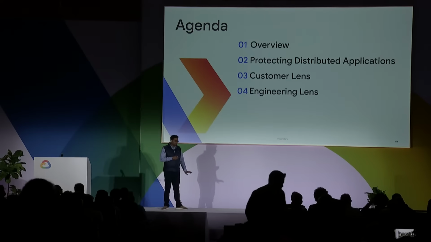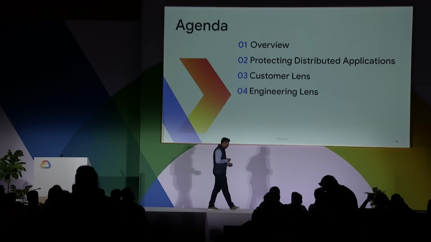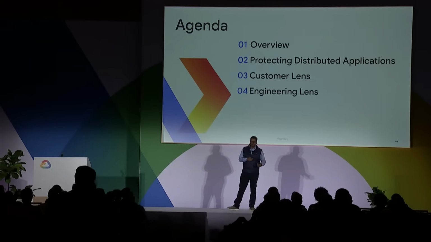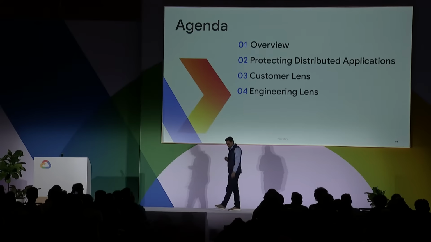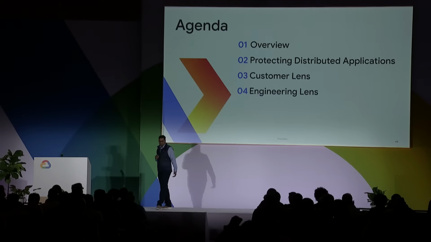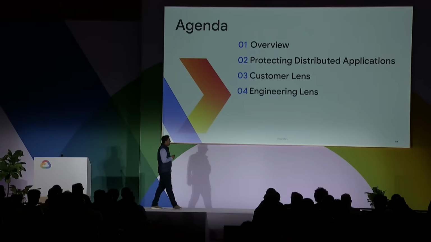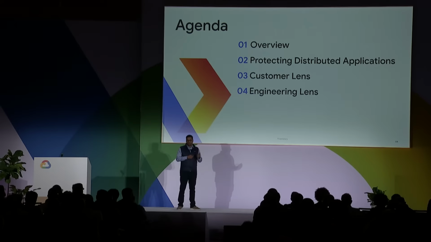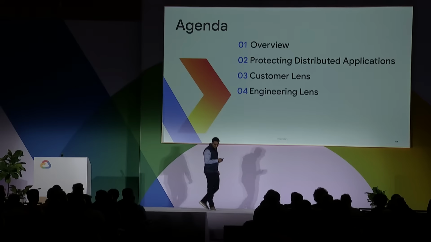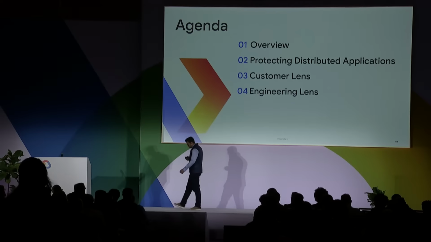We'll start off the session with an overview of network security challenges, and I'll also introduce some of the Google Cloud native products that address these challenges. We'll then have Toby come on stage and talk about one of the integration use cases that we've been working on with Broadcom. Then we'll have our customer, Olivier from Symphony, who will talk about their cloud journey and experience. And then we'll conclude with insights from our engineering leader, Ashok, who will talk about how we are reimagining the network security solutions that we develop within Google Cloud.